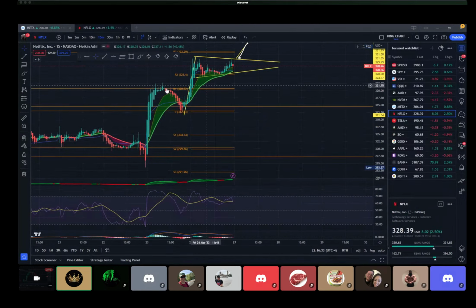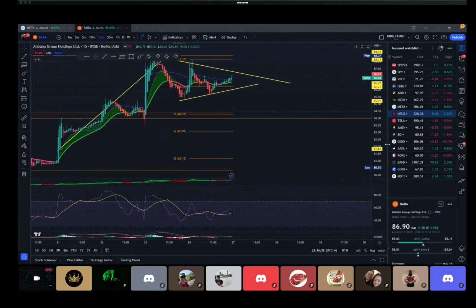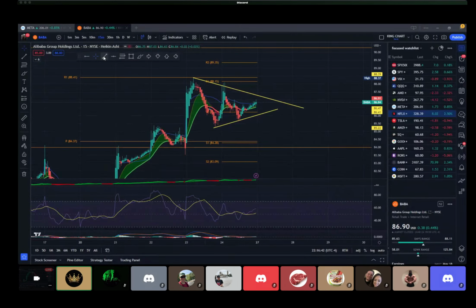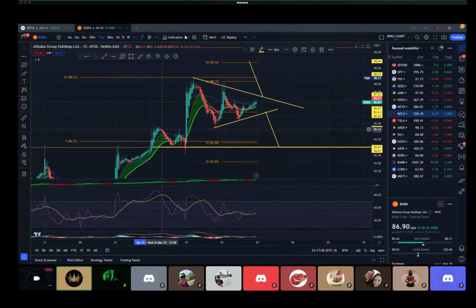And as always, measure out the move. Last time it touched the bottom, last time it touched the top. And we would say, okay, if it breaks to the upside, we're going to get to that 89.35 level. Copy of this. Same move, but to the downside would be right there at $84, perfectly on the dot. Well, these moves make sense.